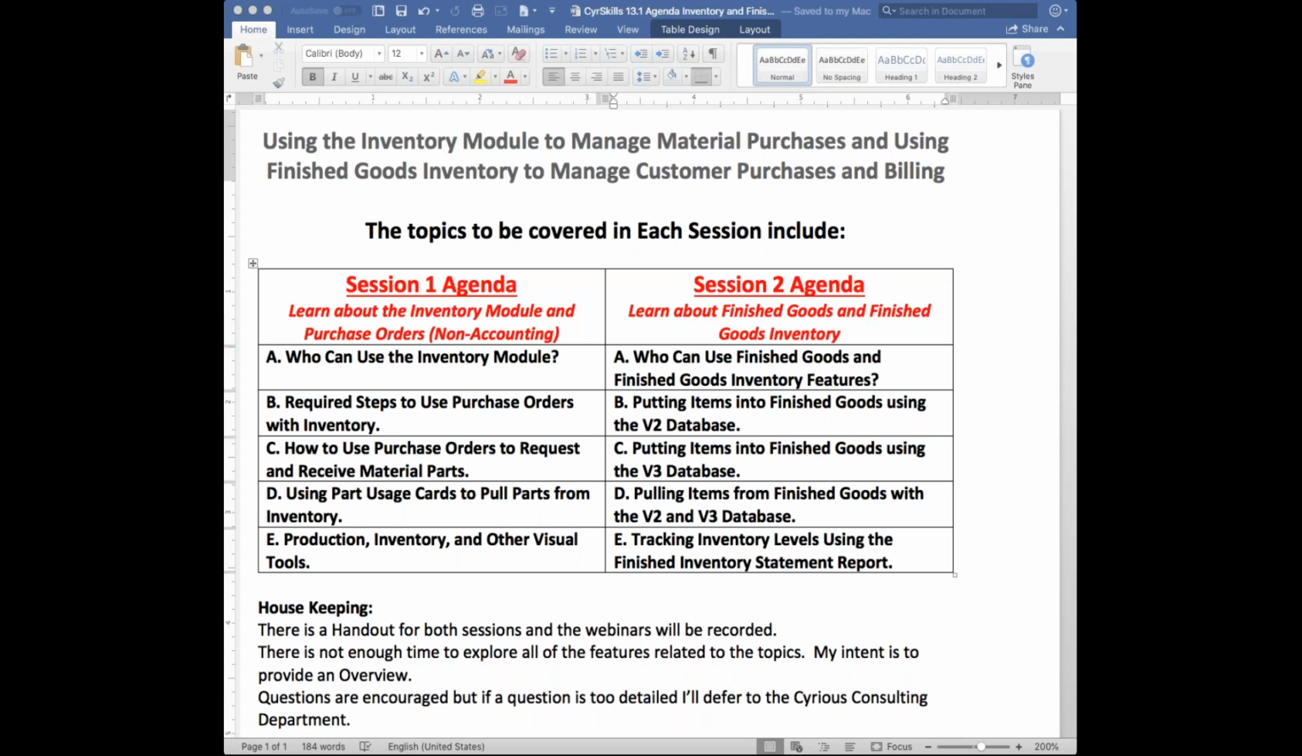And the same thing is true in item D, where we're going to be talking about pulling items out of finished goods. Essentially, V2 and V3 are identical, though I will show some very subtle differences between the two. And then there's a really good report that will show you what has gone into finished goods for a particular purchase order and what the current levels are